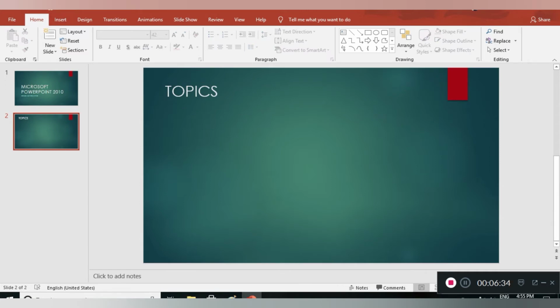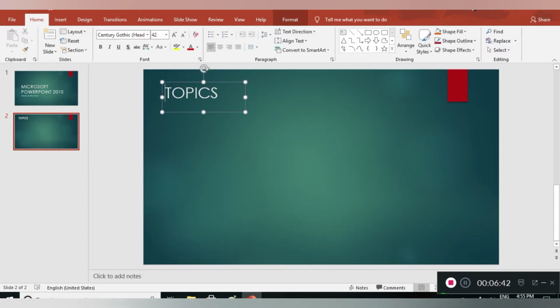So again, until now you can see here I'm not able to write down anything. Why? Because the text box, you can see here, this is the text box which is represented by dotted line and some dark dotted circles, right? This is the dotted line and these are the dark circles. Or we can say this is the text box. So whenever we are going to insert this text box in our slide, then only we are allowed to write